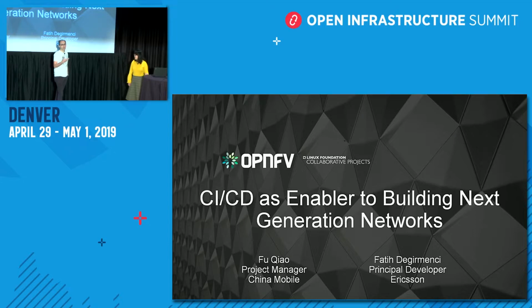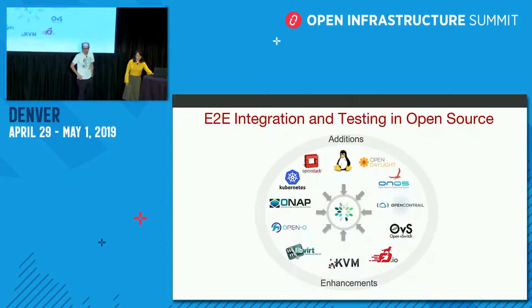And during the talk, we will share perspectives from community and also as an end user. So you get the idea how important it is to collaborate across communities, between communities and end users, and also between vendors, communities, and end users. So we all need to collaborate and ensure we have the CI/CD systems in place to allow us to bring these different technologies together and build next generation networks.